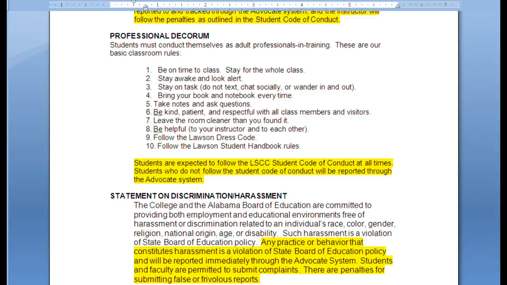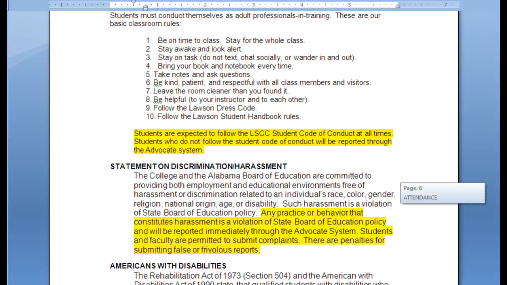In particular, in our 093 classroom, that means that you are not permitted to have food and drink in the classroom. If you have a bottle with a screw cap, you may close the cap on the bottle and put it in your book bag. All other food and drinks will be removed from the room. This is part of the Student Code of Conduct, and I will be following the schedule of penalties outlined in the Student Code of Conduct. So once again, it's important that you understand and know the Student Code of Conduct. It's under Current Students on the Lawson website, and you should go through it carefully. We will follow it in class.